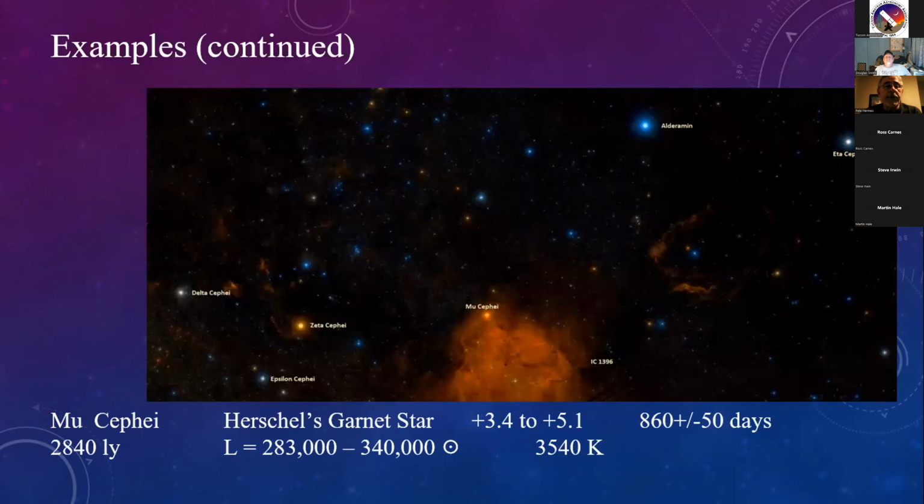Finally, another example. This isn't something I looked at, but it's interesting how some of these will show up. In this case, there's a lot going on in this particular photograph, but it gives you an idea that sometimes you can be looking at some of these red stars. And of course, this is Herschel's Garnet Star,